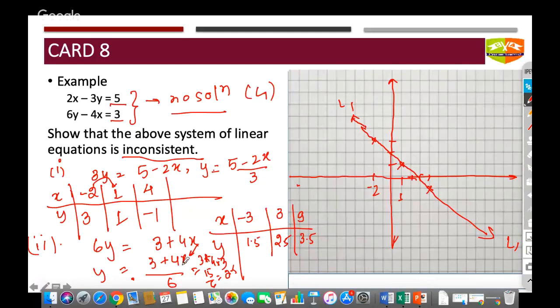If I put x is equal to 9, I get (9 into 4 plus 3) divided by 6, so this will give me 6.5. So I take x is equal to minus 3, and this is my 1.5 somewhere here. If I take x is equal to 3,